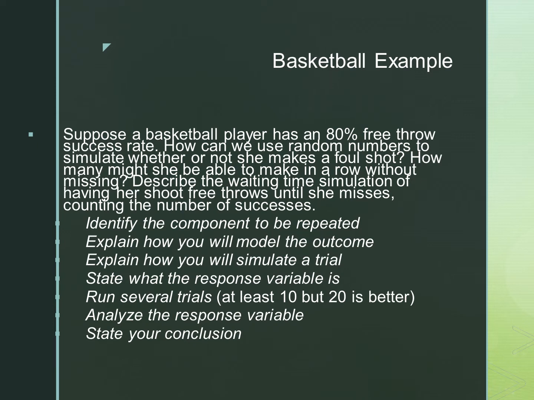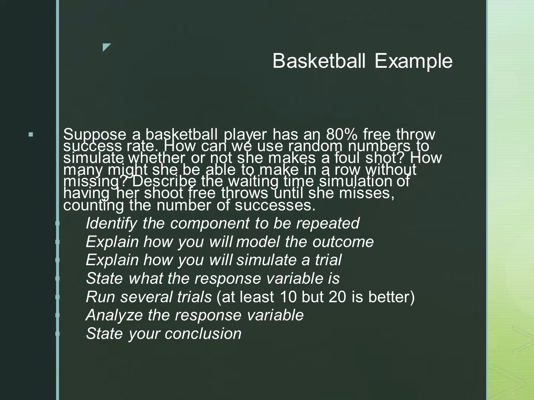How can we use random numbers to simulate whether or not she makes a foul shot? How many might she be able to make in a row without missing? Okay. Describe the waiting time simulation. A waiting time simulation means how many until I miss, or I want to count until I get my